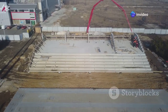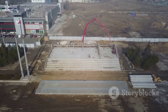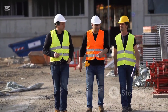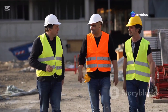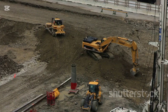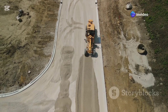The initial phase focused on laying the foundation, a task of immense scale and complexity, requiring precision and dedication. Engineers had to ensure the foundation could bear the weight of the massive structure, a challenge that demanded their utmost expertise and attention to detail. Excavation work began on a massive scale, with heavy machinery and teams of workers transforming the landscape. Teams of workers moved mountains of earth to create a level base, a crucial step in ensuring the stability of